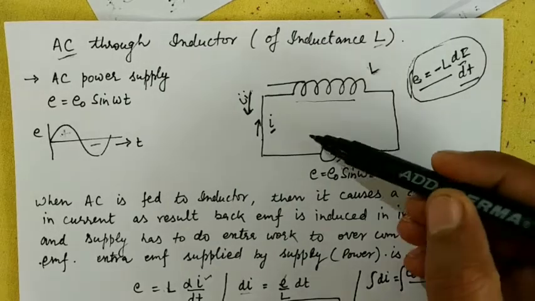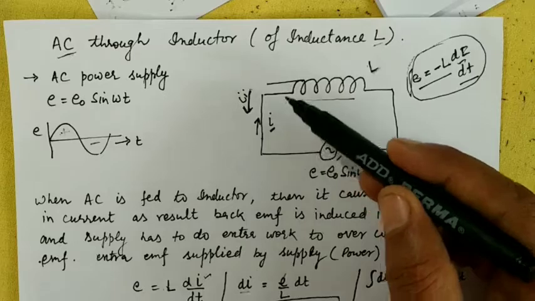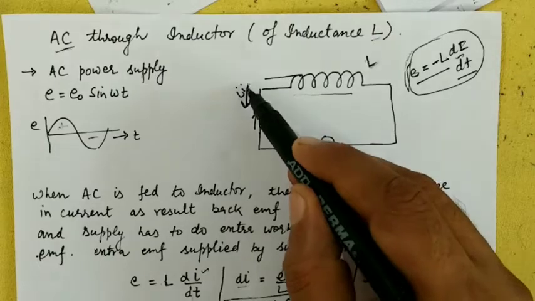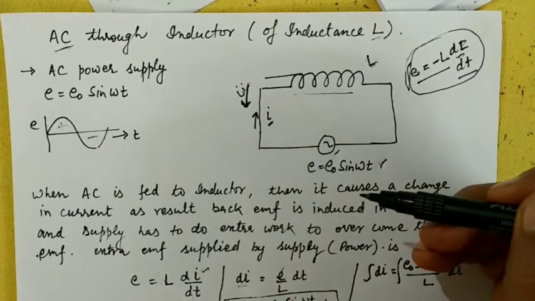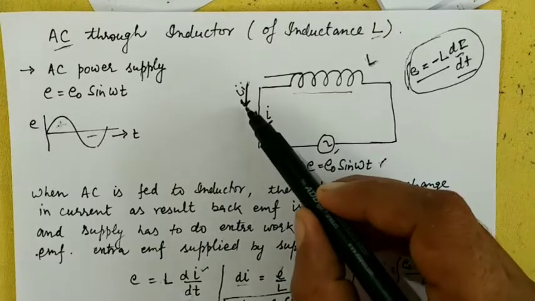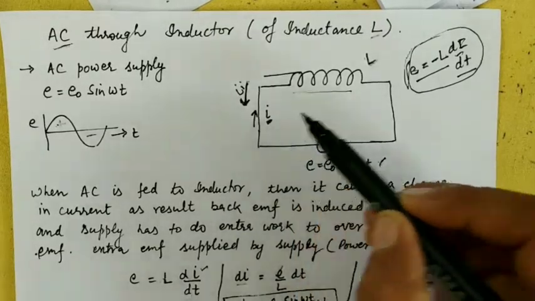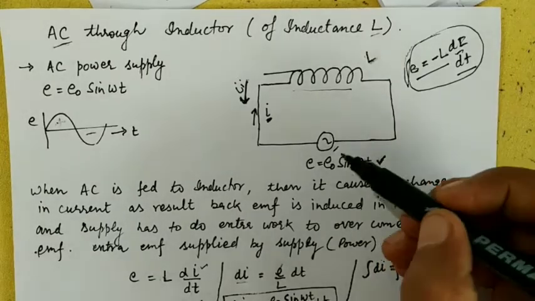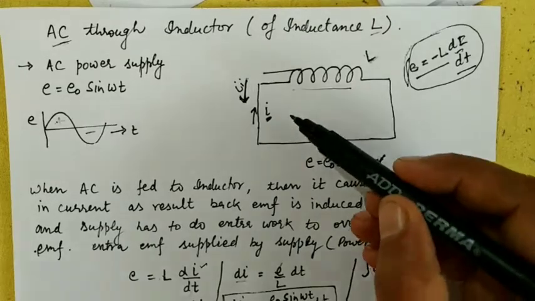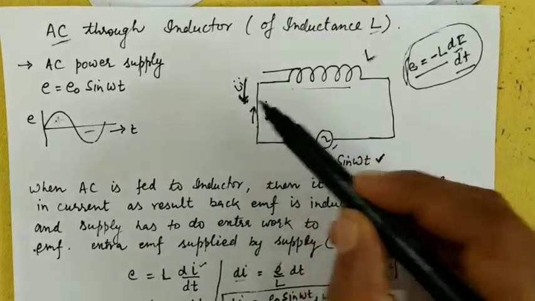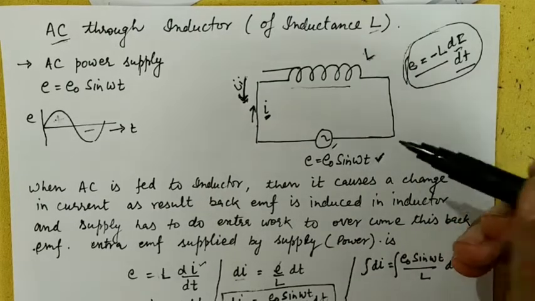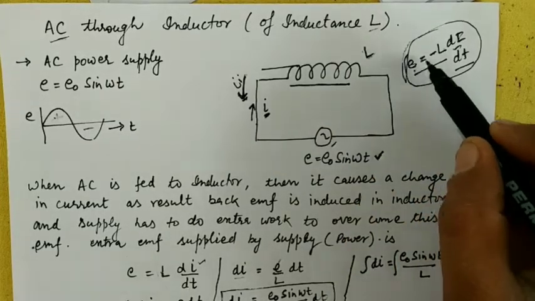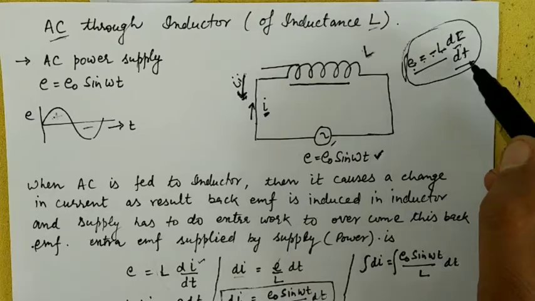As the voltage is increasing, the current will increase. This is opposed by inducing an EMF or a current in the opposite direction. Because of this opposite direction, the conventional current feels an opposition. So the battery has to supply extra energy or extra potential to overcome this. We know that the potential drop across this inductor is given by E is equal to minus L di by dt.